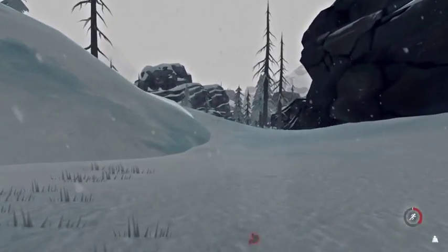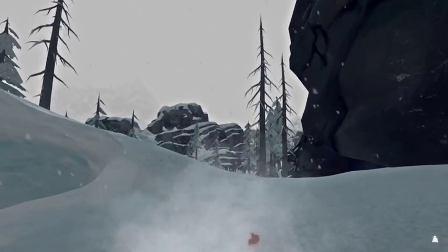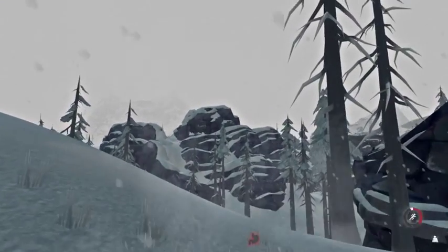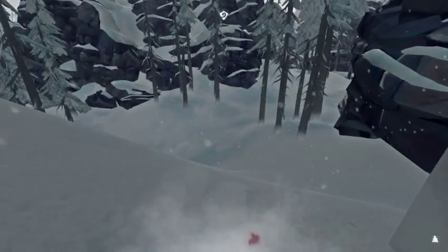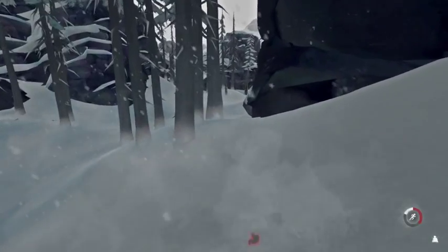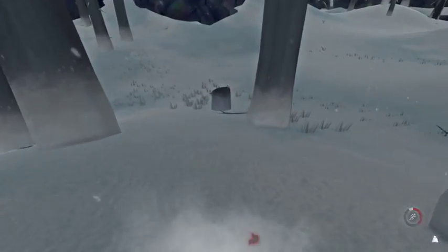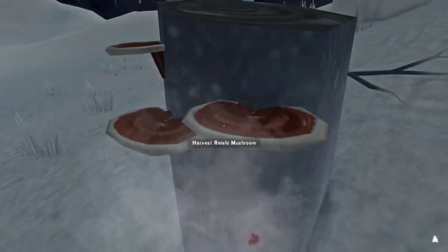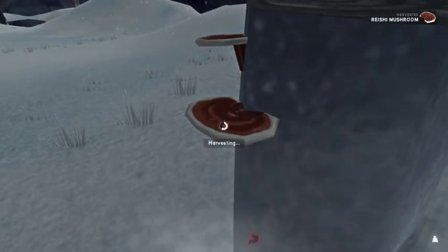Now there's Echo Peak over there, right across. It's by the bear cave. You end up going up top there. On a better day, you know, for visibility, you get a really nice look at the map, sort of. I mean, it's not really what I would call detailed because you're so far away from it, but